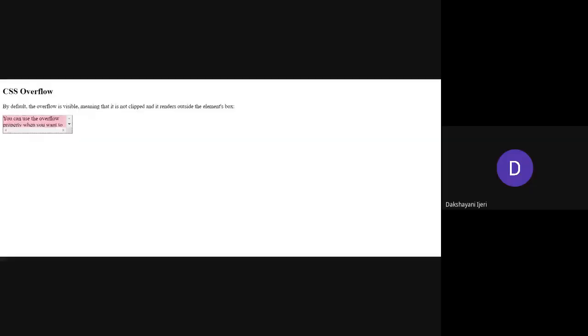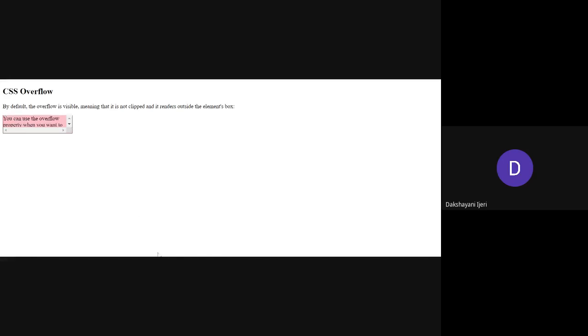You can see here the horizontal size that we have considered in the example was 200 pixels. The height is 50 pixels, and the background color that we have set is pink, and the border line is dotted, right? Since we have used the overflow property with the value scroll, the content is shown by default, but when you scroll it down you'll be able to see the rest of the content as well.